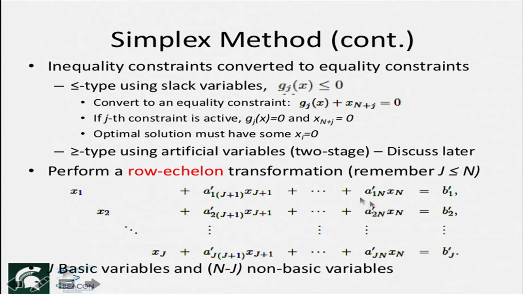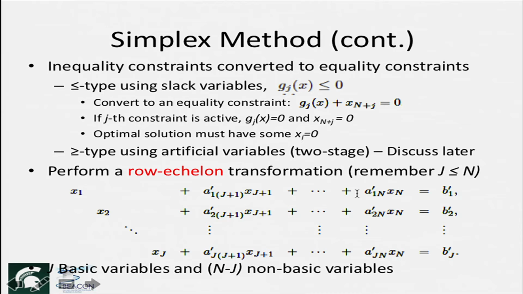So like that, I can take any from here and replace or exchange it with any from this set. So one basic and one non-basic I can replace, and I will get to another corner point. So as many times as you do it, you are actually moving from one corner point to another corner point to another corner point. Is that clear? So now the question is, when I'm starting with the initial basic feasible solution, which